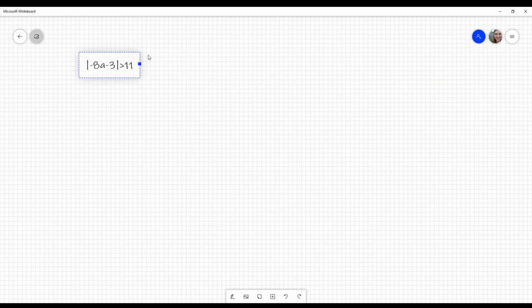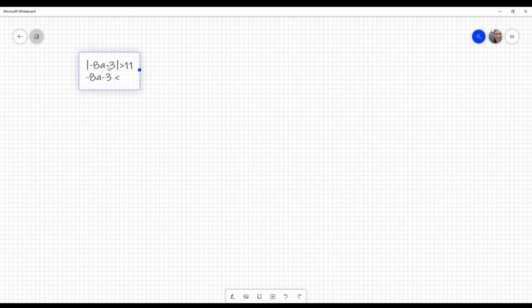Okay, so the key to doing this problem is to remember the steps that we did when we work on our absolute value equations and a couple of different steps when we do our inequalities. So as always, the first step we do when we're solving an absolute value anything, equation or inequality, is to write our two equations. So I can already tell that my absolute value is by itself, which is how I could do this. So I'm going to write my two equations